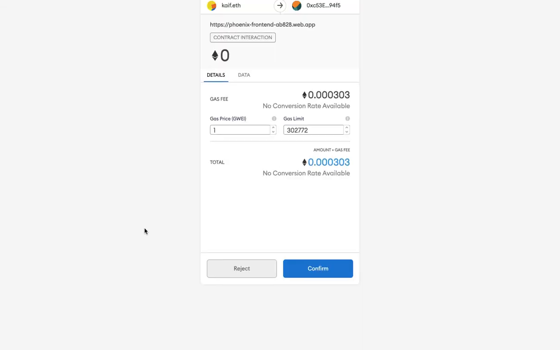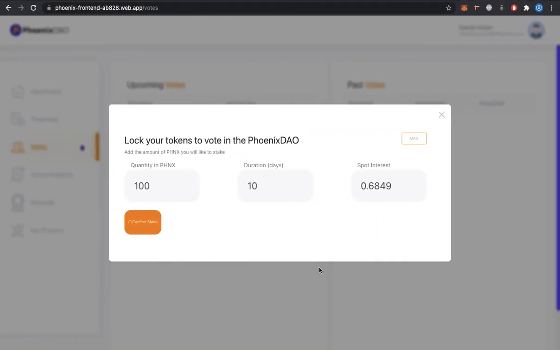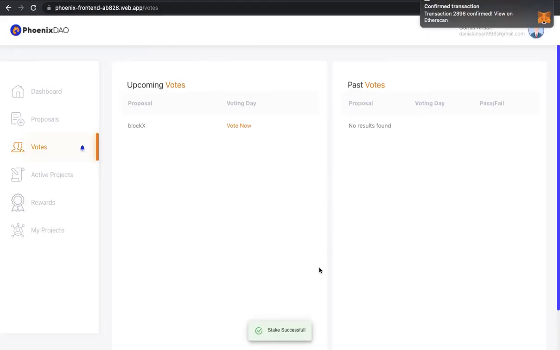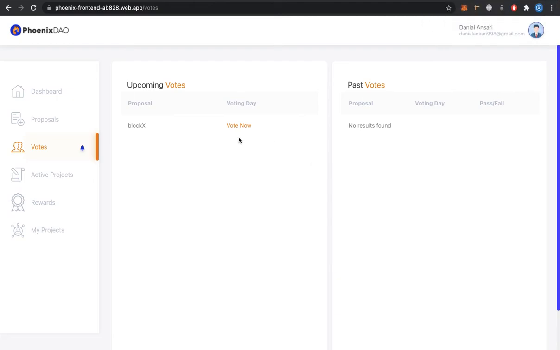If I hit confirm stake, okay, so now I have staked my Phoenix token as I am voting on this proposal. Okay, so I have voted.